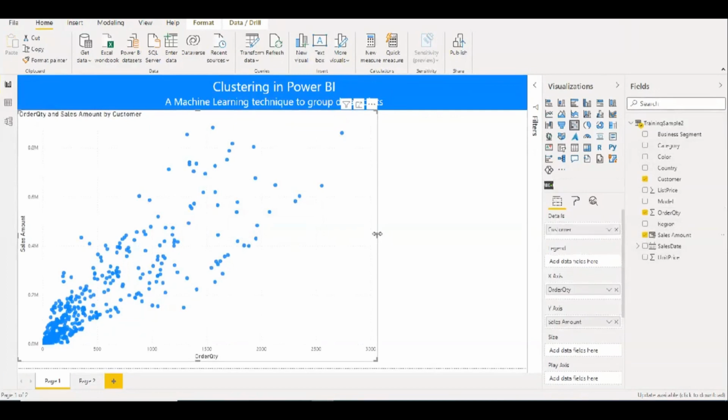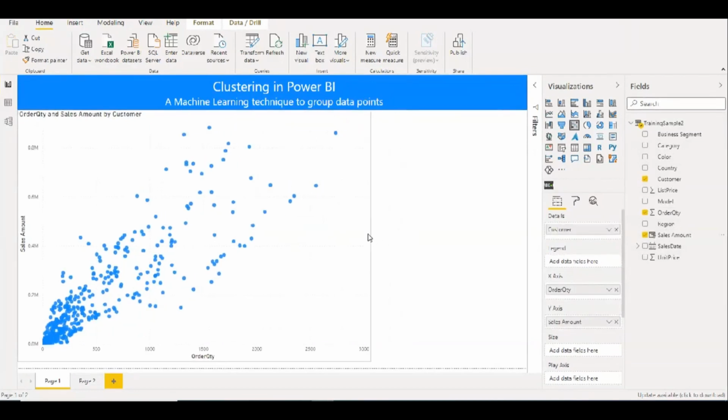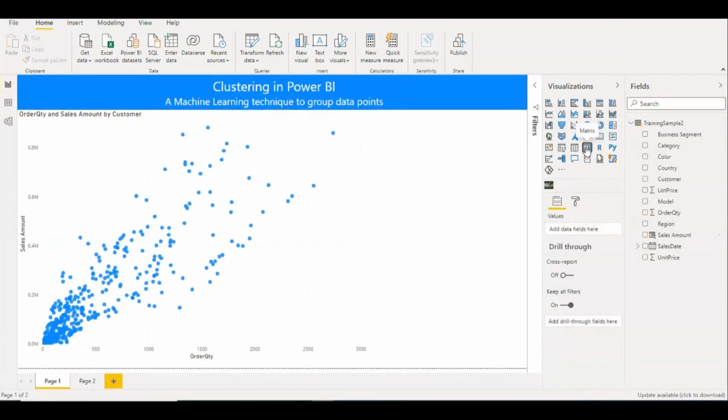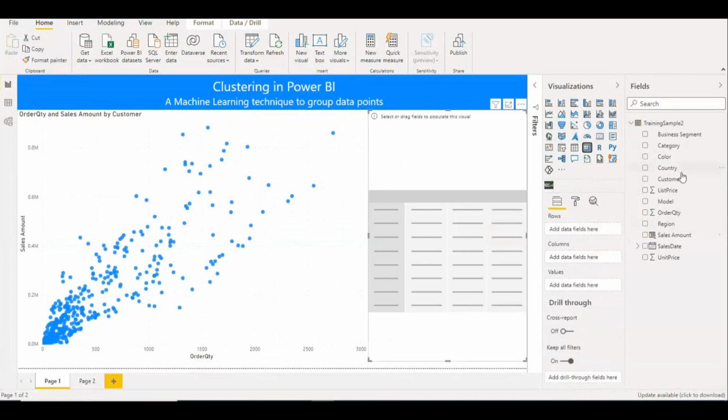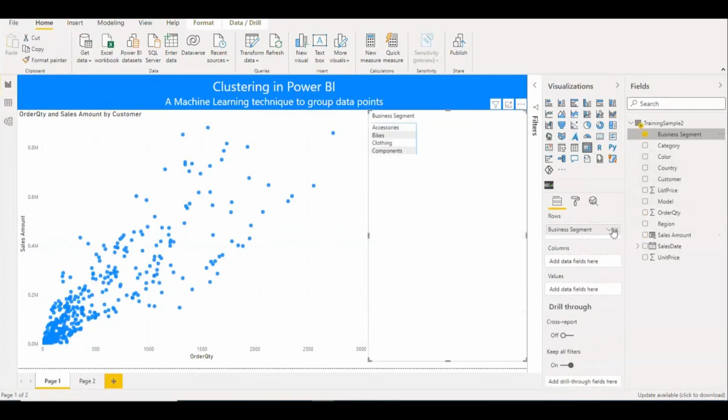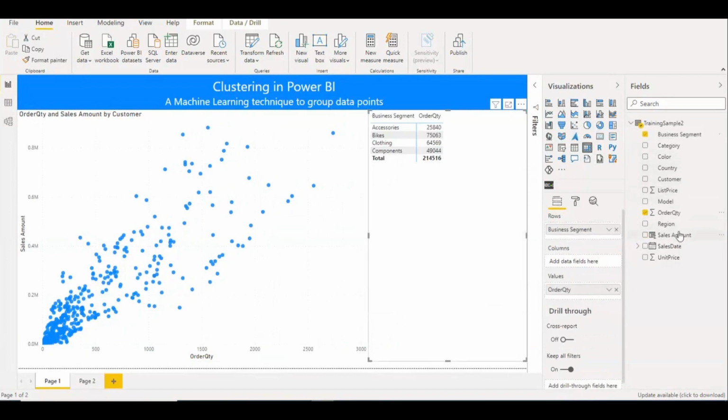Before that, I need one matrix here also to understand. So let me put the matrix here also. Here we'll put the business segment, order quantity, and sales amount.